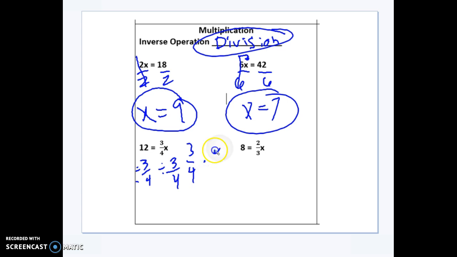So you would multiply by 4/3. Whenever you're dividing with fractions, it's really multiplying by the reciprocal. You'll notice here that our 3's cancel out to make 1, our 4's cancel out to make 1, and we're left with 1. Because 1 times 1 is 1, 1 times 1 is 1, and 1 times x is x,